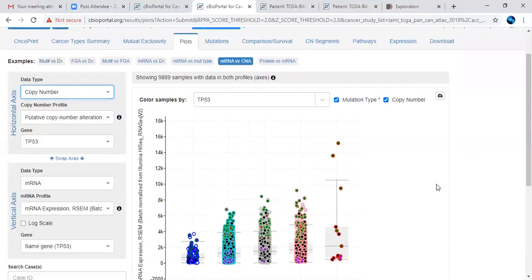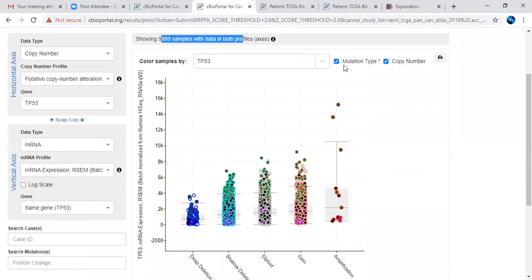So here you can see a very nice visualization they have given with respect to the gene of your interest you have given. So it is showing the TP53 gene, how many samples have been affected. So the sample information with both the profiles, that is copy number of alteration data and mutation count data.